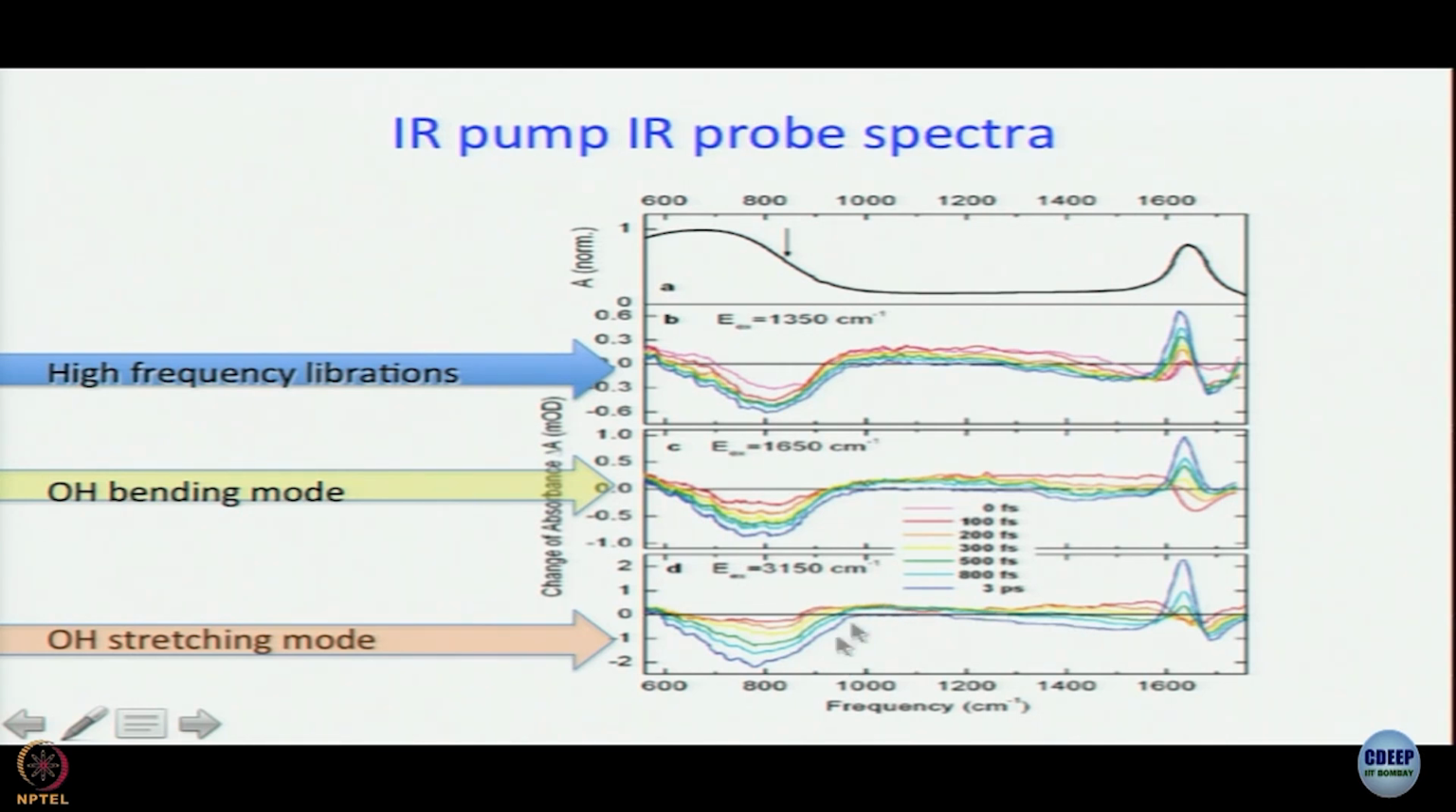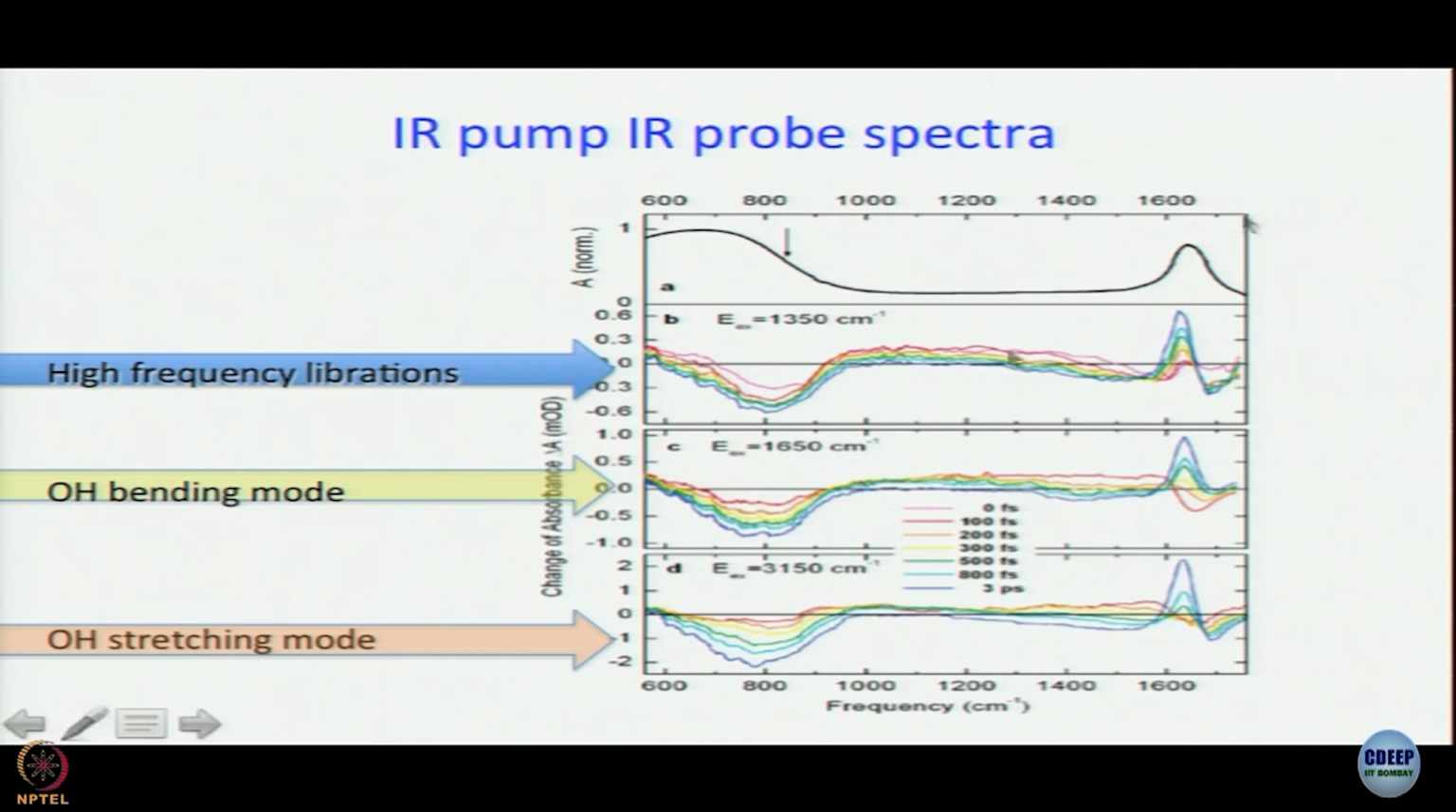So, since there is a bleach of L2 vibration, that means L2 vibrations also get excited, that means energy gets transferred from stretch to bend and also to libration. So, the question is, is it direct or is it two step? Now, what happens when you excite OH bending mode directly? So, here also you get a ground state bleach which is expected, because you are exciting that particular vibration, and